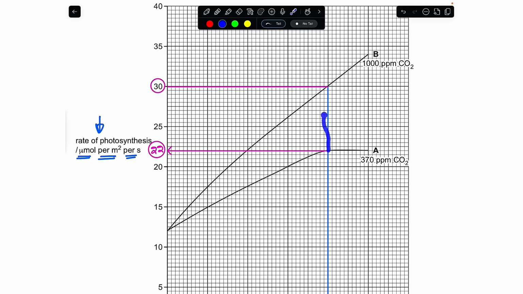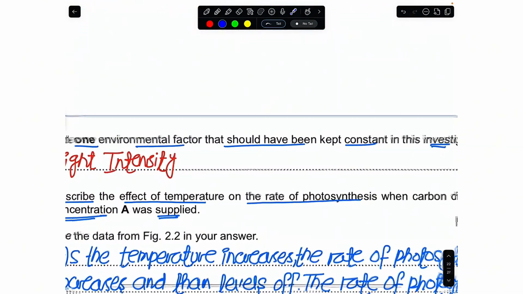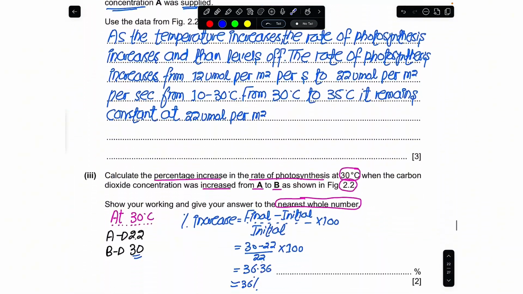Likewise, I have to go on toward the curve B because you see that when the CO2 concentration was increased from this value to this value, the rate of the photosynthesis significantly increased. So I have to come to this curve and then go on toward the y-axis. Here the final value that we have for the rate of the photosynthesis is 30 micromole per meter square per second. So this is simply what we require, the values, and now we need to substitute them into the